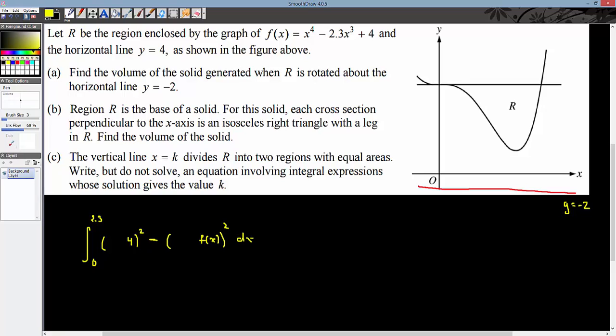And that's going to be dx. Now, a couple things before we move forward that I forgot to mention. We know that it's a dx integral because I'm rotating it about something parallel to the x-axis. Okay? And now, the reason why I left myself space here is because when I find the areas under these